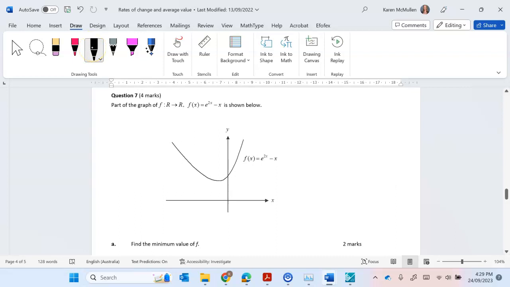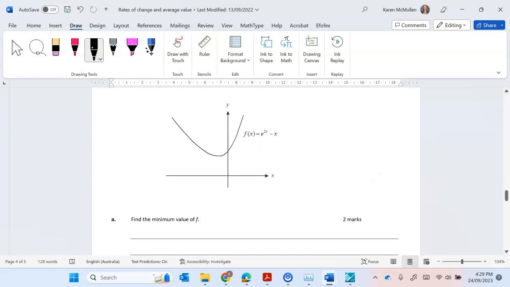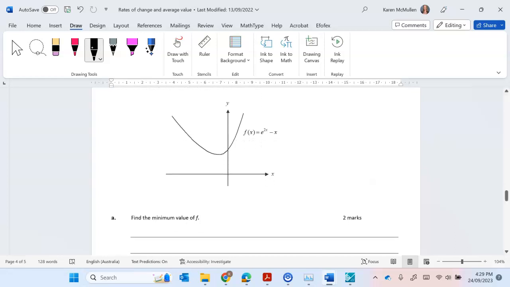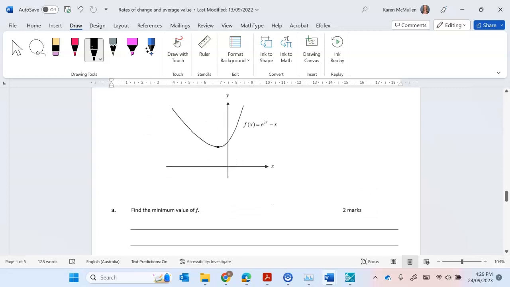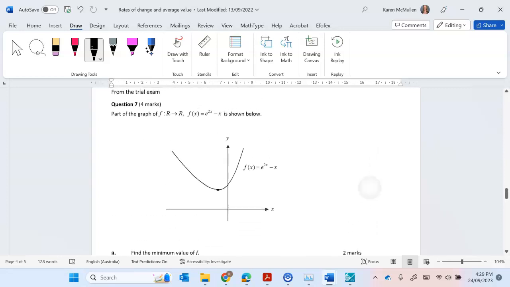Okay, part of the graph of f, which is e to the power of 2x minus x, is shown below. Find the minimum value of f. So we've got to find this value here. Now I have no idea. I'm assuming it is an exam 2, because if we're looking for that minimum,